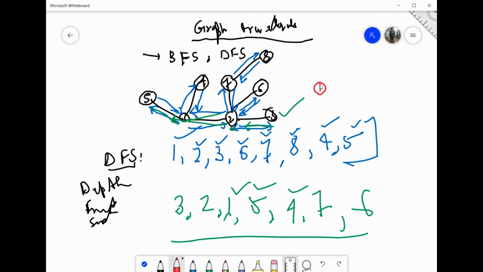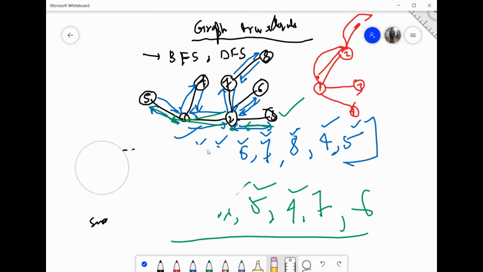Suppose this is one node. From here you have 3 paths or 3 adjacent nodes. This is 2, this is 3, this is 4. Okay, so from this BFS में तीनों visit करने पड़ते हैं. BFS में you have to write all 3 of them in any order you want. DFS में you have to choose one of them only. एक ही choose करना है और उस तरफ जाना है. जितना जा सकते हो जाते जाना है. जब सारे रास्ते खत्म हो जाए वापस आना है. फिर देखना है आप कौन से पाथ बचे थे.